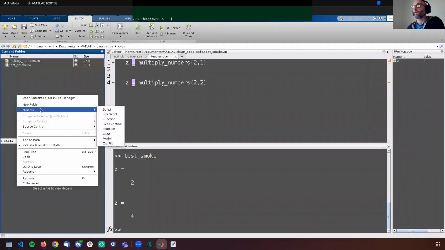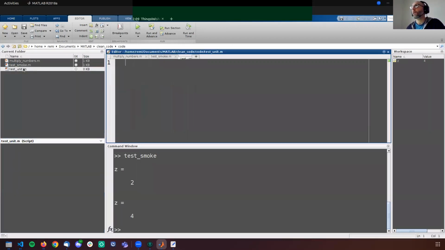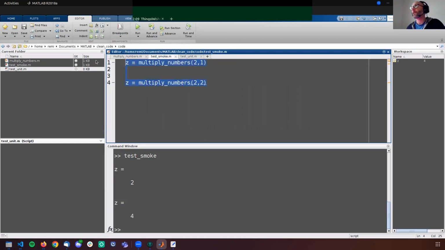If you want to write a unit test for this, it would be a bit like this. Let's create a new script, and we can just call it test unit and open it. Now let's take those two examples that are pure smoke tests and turn them into unit tests. For here, you would assert that z equals, oops, no, we multiply the two, so it's 2.